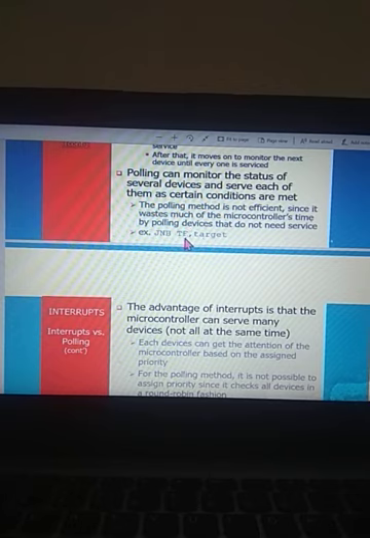Once this TF flag is raised to 1, at that point it will come out of this loop. Till that point, the microcontroller has to wait. So we can say that the polling method is not efficient since it wastes much of the microcontroller's time by polling devices that do not need service. As long as this loop is not complete, we have to wait.